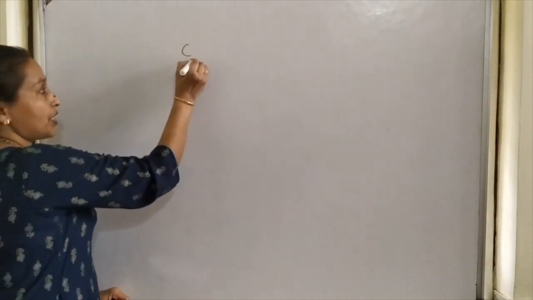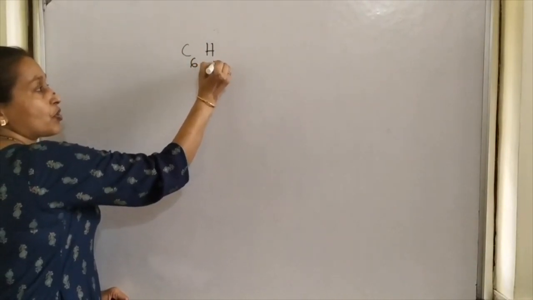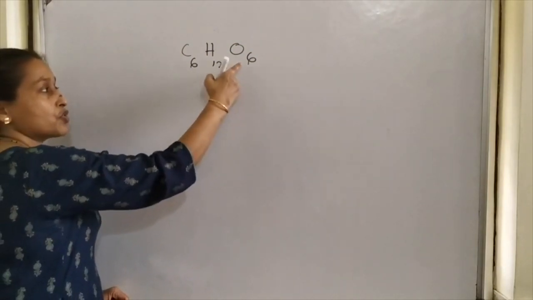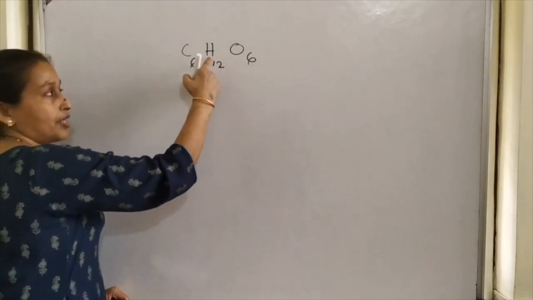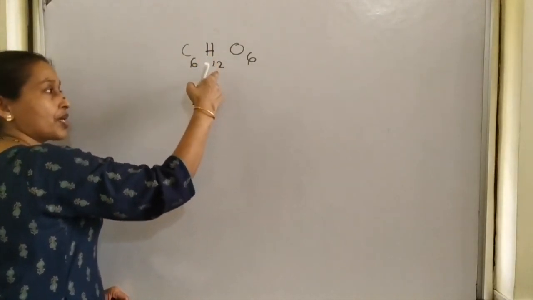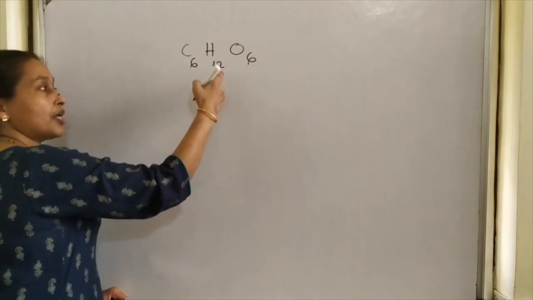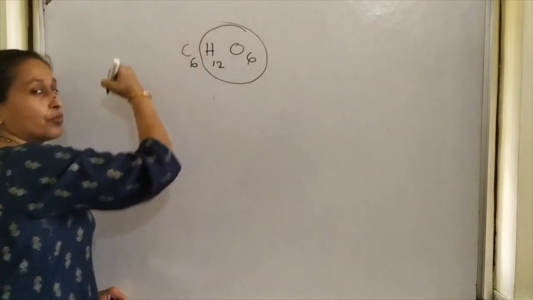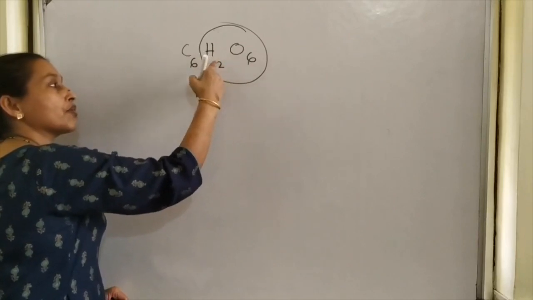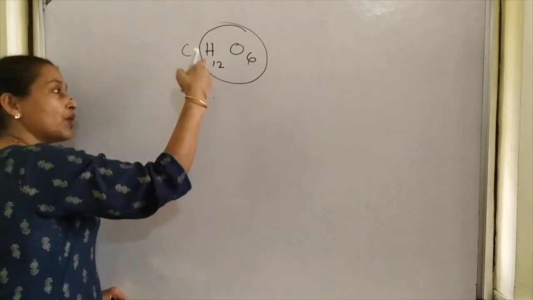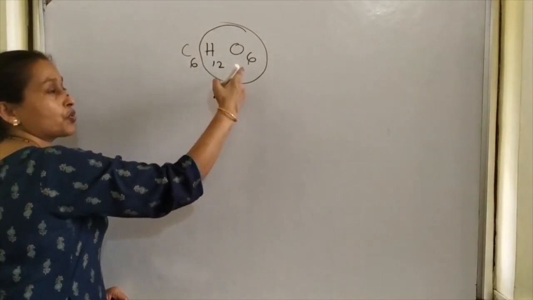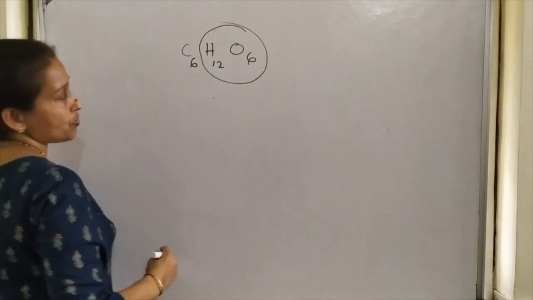For example, if I take glucose, the formula is C6H12O6. You know that there are 12 hydrogen and 6 oxygen, and they are combined in the ratio 2:1. So if concentrated sulfuric acid or any dehydrating agent is added to this substance, this part will be removed. That means chemically combined water molecules. There are 6 molecules of water in this compound. That means in its molecular structure, there are 12 hydrogen and 6 oxygen. They are actually in the ratio 2:1. This will be removed by concentrated sulfuric acid.